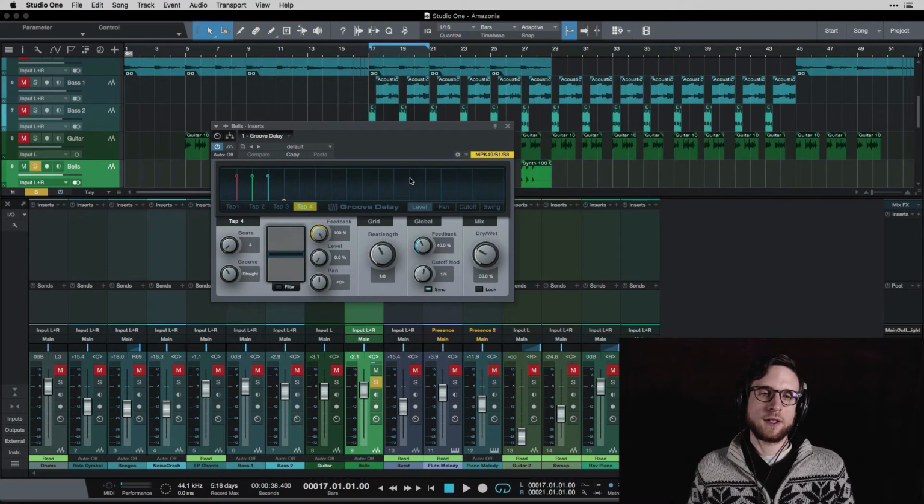So let's remove this and let's look at the last one, which is groove delay. Now this is quite a different thing here. Groove delay shows you a visual representation of your delays. So they call it taps. So here's the first tap, second tap, third tap, fourth tap. So you see the fourth one is turned all the way down. So if we play this,